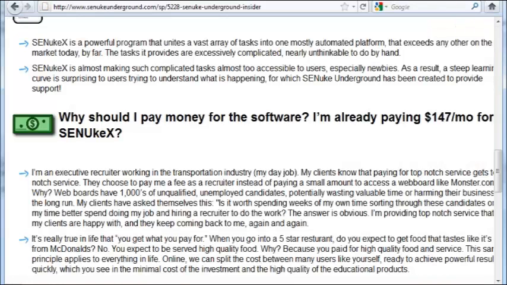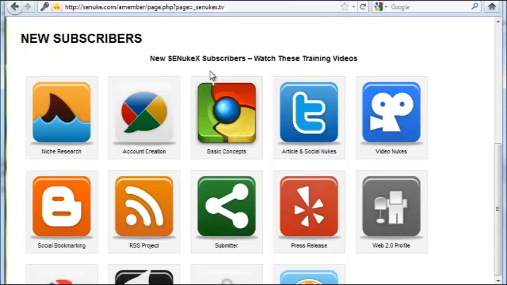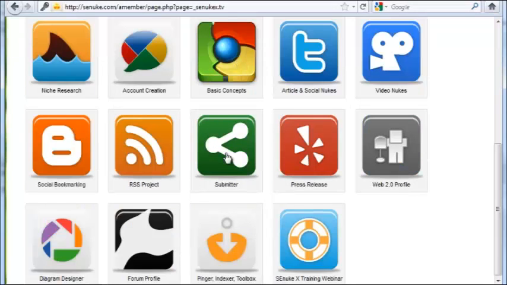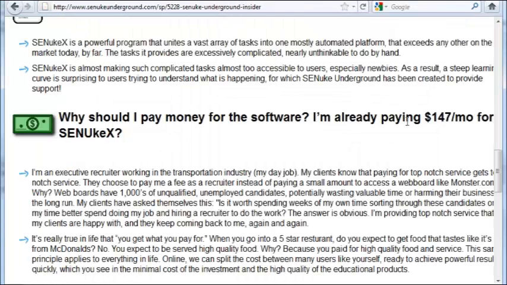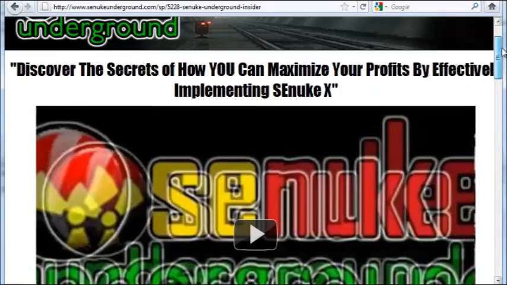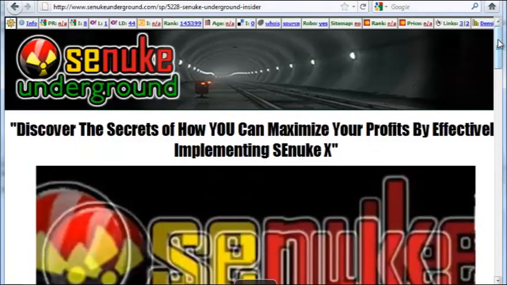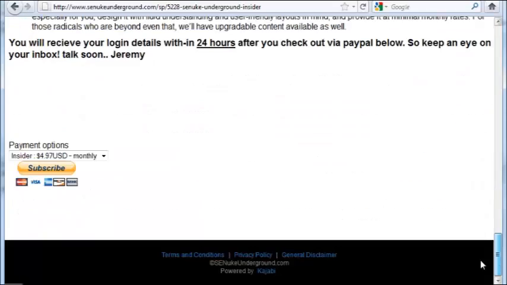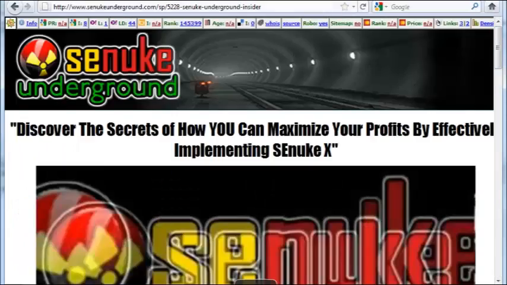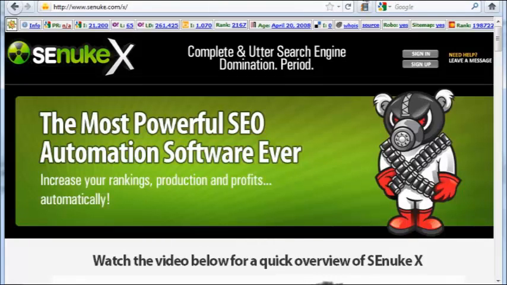SE Nuke, I'm actually in the login page right now. They do provide a lot of information like how to use the videos, but I will say that in some ways it does lack in terms of how to use SE Nuke strategically. I would recommend a site called senukeunderground.com. You might have to opt in to get this page, but it's actually very, very worthwhile. So that's SE Nuke, and